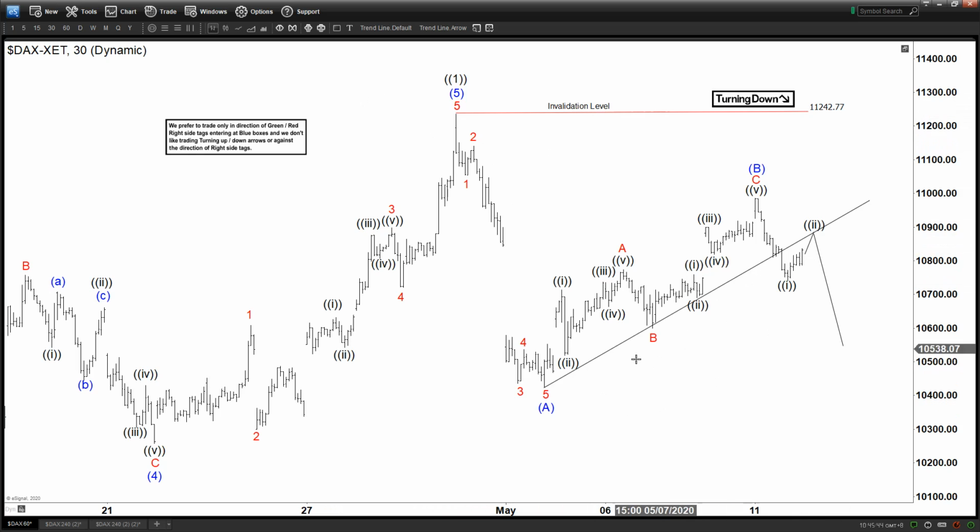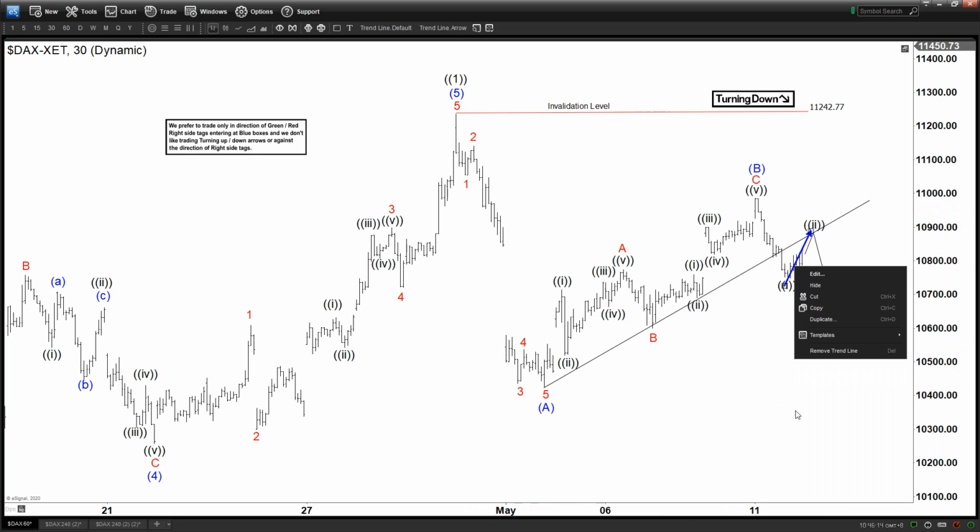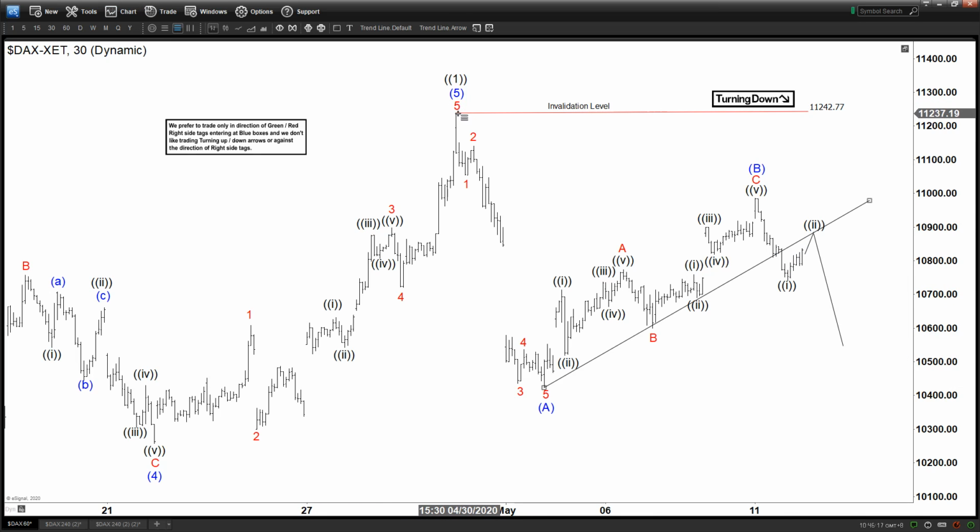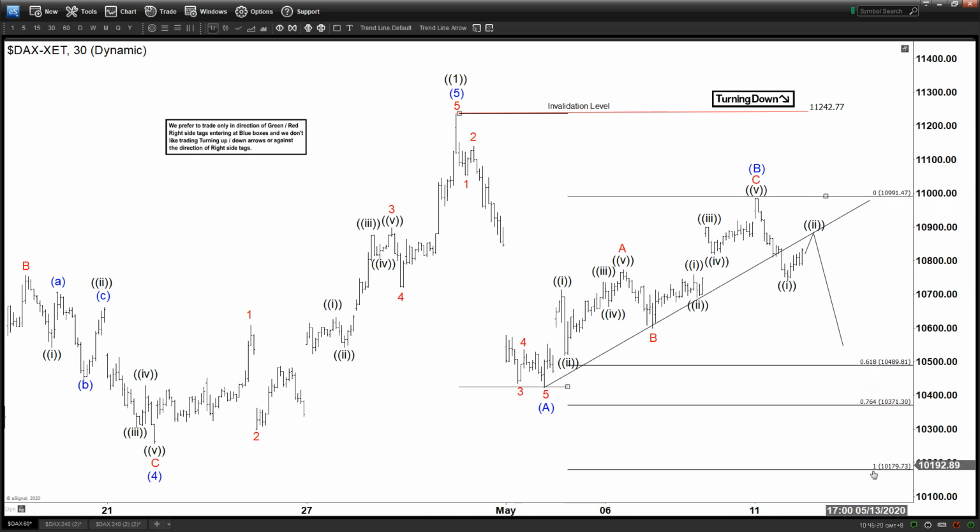as long as we continue to stay below that previous peak, also stay below this broken channel here, then we could potentially extend lower again, at least in a 3 waves down, right? At least we can see at minimum something like this, 3 waves down at least, to correct this cycle. If not, then we can extend lower in a C leg, in a 5 waves down, and go to the ABC equal leg here in the shorter cycle. So that target, the ABC equal leg, is going to be 10,179 approximately to the downside. Okay, so that's the idea.